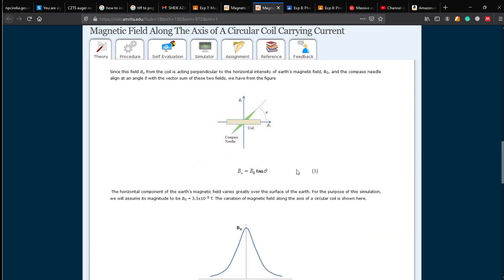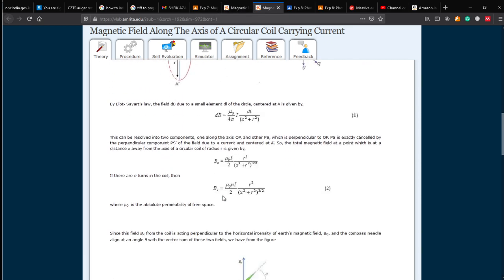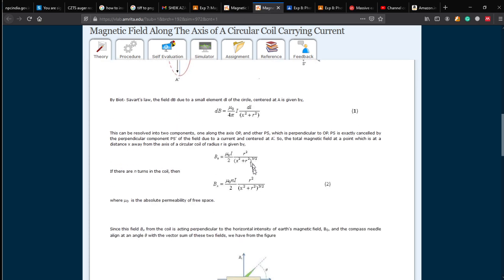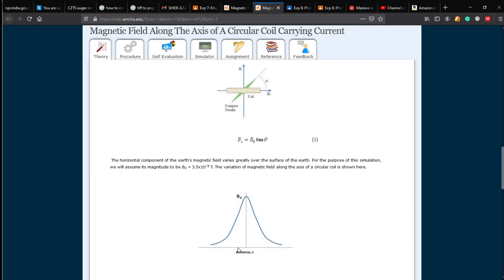So that's all for today. You have to draw the graph by using this equation, equation number 3, for the Bx value. When you have B0, you will have the theta and you will have a particular Bx. So for a particular distance, whether it is positive or negative, you have the same Bx. For another distance, you will have another Bx. Because this is the positive y-axis, we are considering the magnitude of x. Whatever the value of x is, whether it is minus or plus, if the magnitude is the same, the Bx value will be the same. You will get two Bx values.